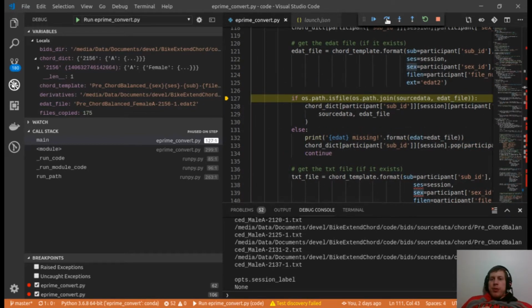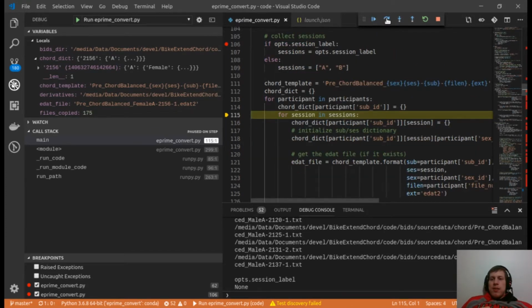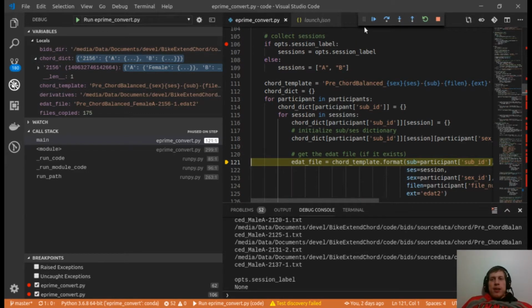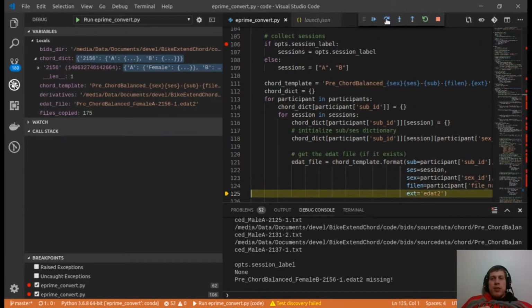Okay, so we'll check to make sure all the information exists. Going to check the text file. The text file should exist. All right, then we'll see what we get. Okay, so now we're adding a new key, which is B. So I'll just run through this a few times